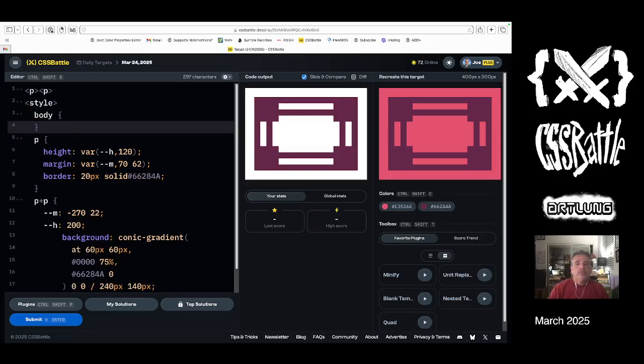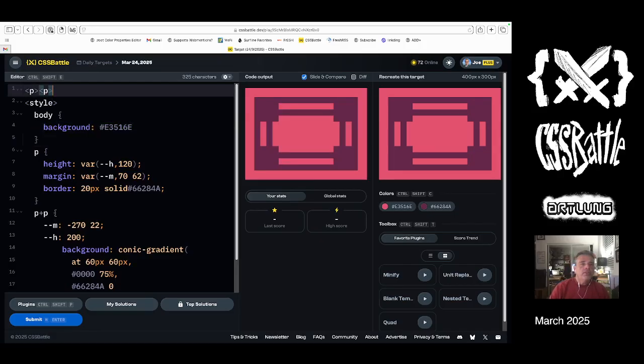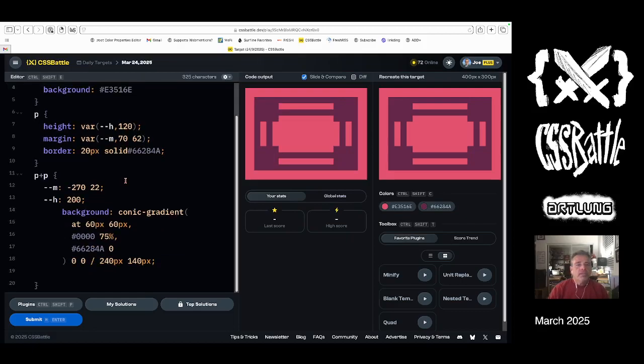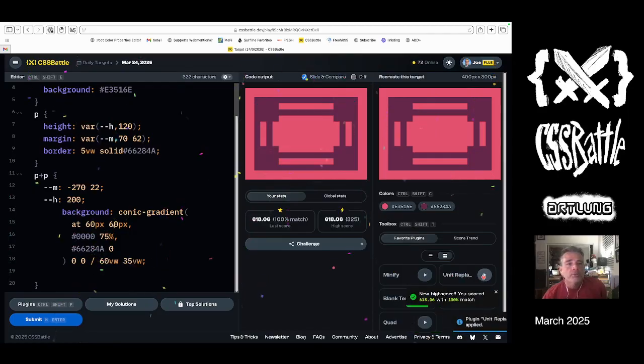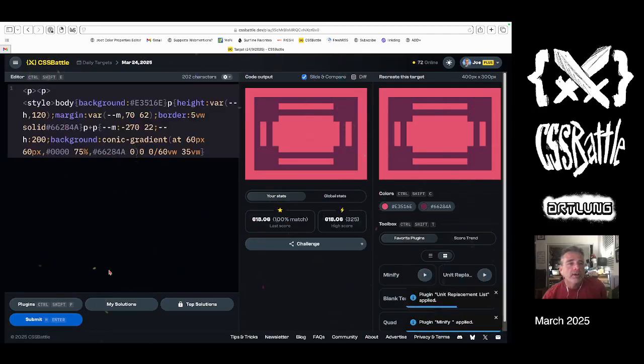These are the two things we're making. The first one is that. The second one does that overlay. We don't need a background on the first one. Let's go ahead and submit and see if we get 100% match. I think we do. We do. I'm going to do my unit replace plugin and then minify, and that is a completion of a daily target for today,